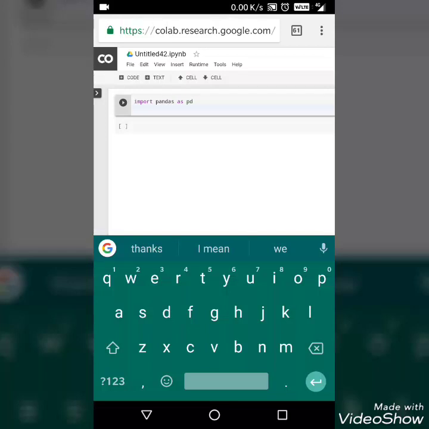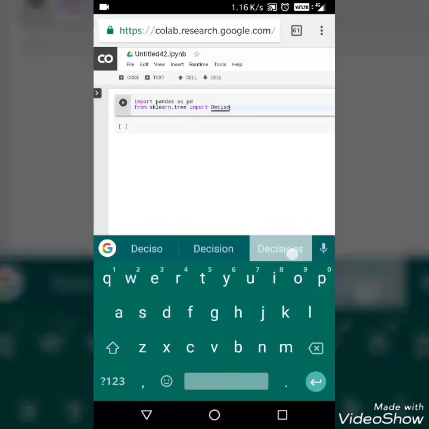Since we have a labeled dataset, we are going to use a supervised machine learning algorithm, and we already know that this is a classification problem, right? Hence, we use a classifier, and we are going to use a famous machine learning model, that is the decision tree classifier. So to import decision tree classifier, type here from sklearn. Sklearn is the scikit-learn library, dot tree. Tree is a module inside the sklearn library. So from the tree module we have to import